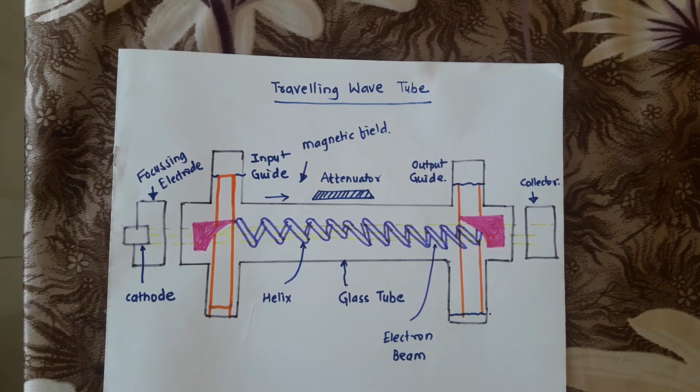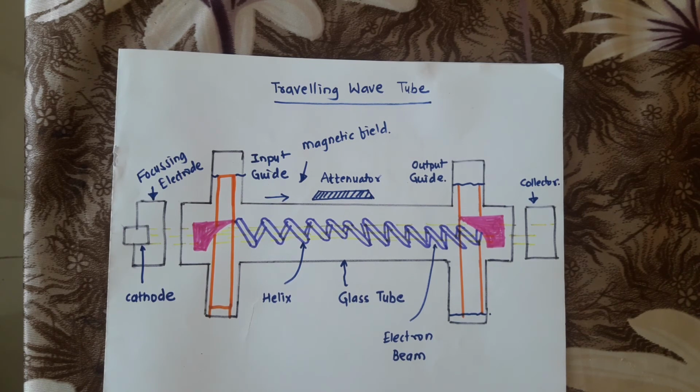Now the bunching process in the TWT takes place across the continuous beam. So the bunching takes place in the TWT through a process that is a cross between the multi-cavity klystron and the magnetron. The electrons leaving the cathode randomly and quickly encounter a weak axial field at the input of the helix. So suppose this is your electron beam which is emitting from here. At the beginning there is a small amount of RF field seen by the electrons, which is due to the input signal.